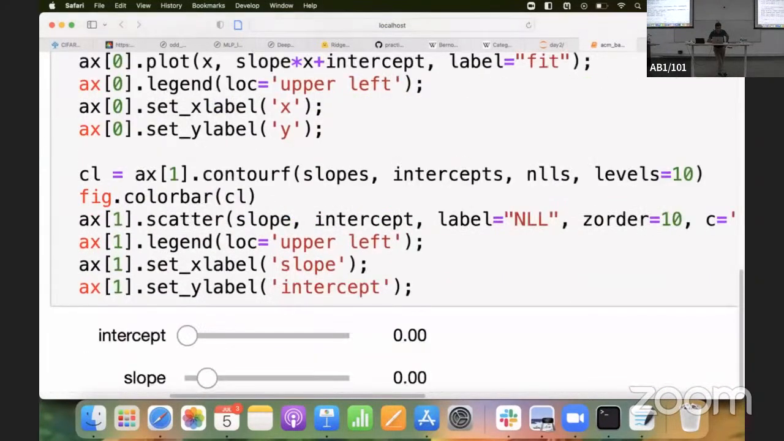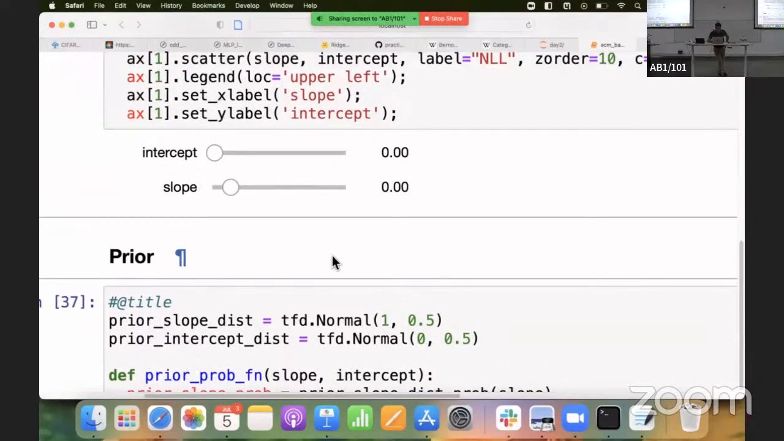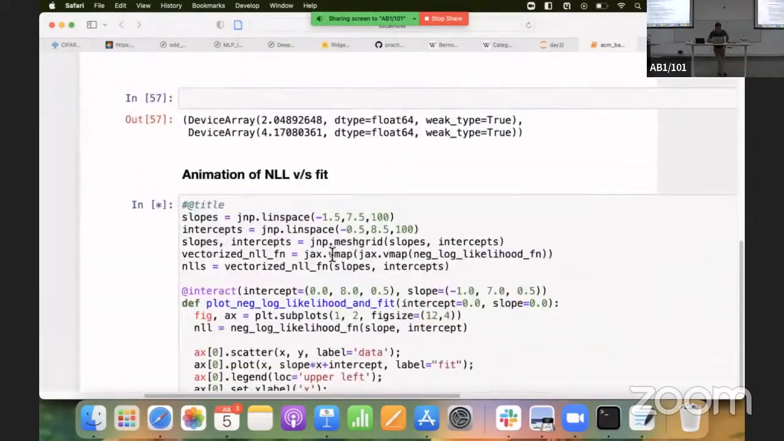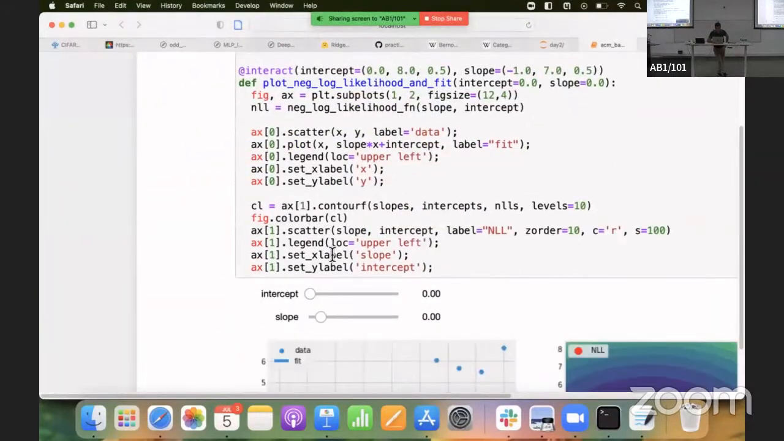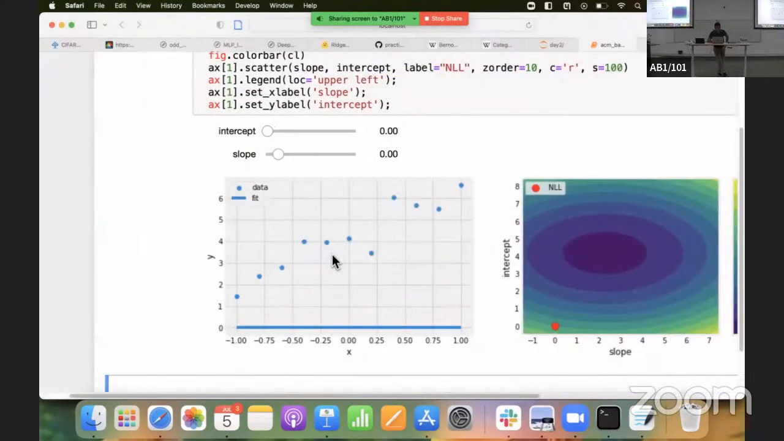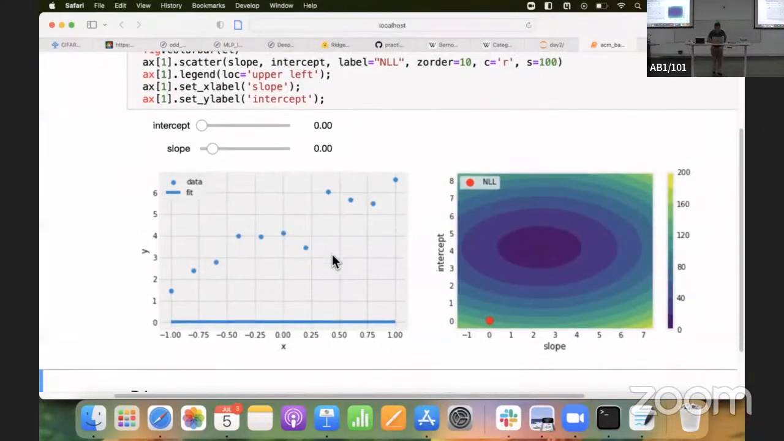And we can in fact see this animation also. So we have two parameters, the intercept and the slope. We'll see that as we vary these parameters, on the right hand side, you're seeing the contour plot. How many of you have seen contour plots? Did Ashish show them yesterday? No. How many of you have seen